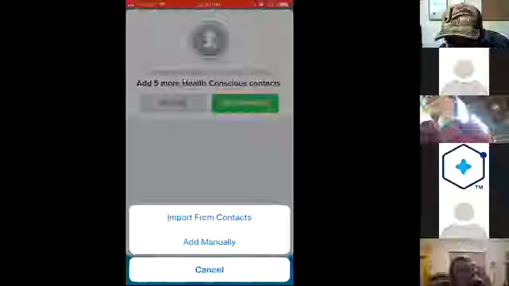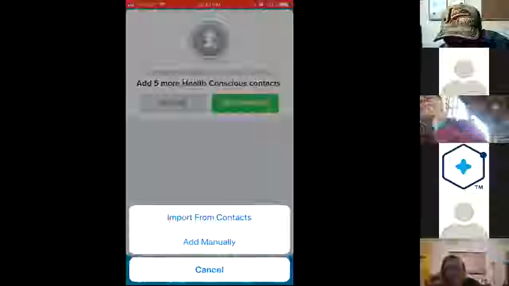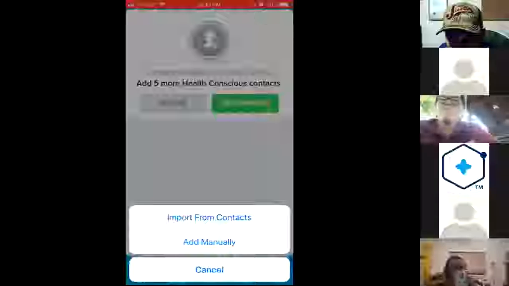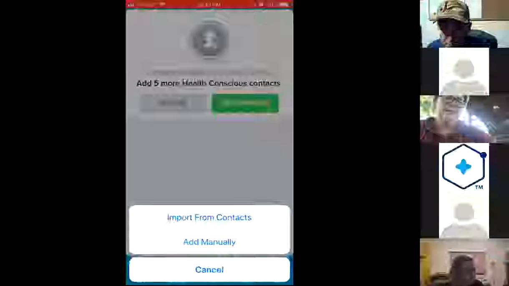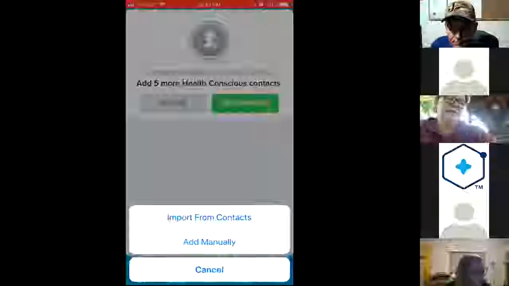We don't want people adding all of their contacts with one tap of a button, creating these massive contact lists, and then being able to message everybody very easily. That would be considered spam, and it gives the app and the users a bad name. So this app is really designed to be much more of a mindful, deliberate way of communicating with people. So you can copy them from your phone book on your device, but you have to do that one at a time. The other option is to do it manually, and we'll actually do that option now